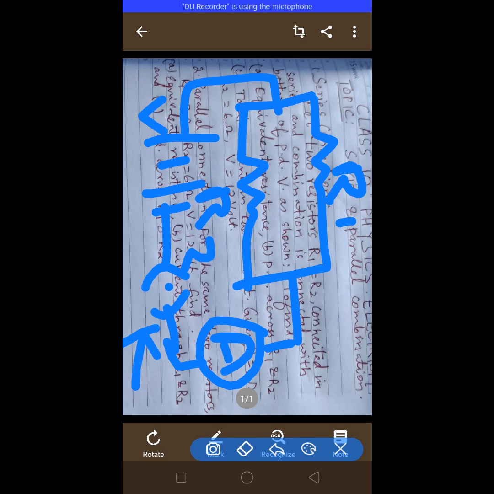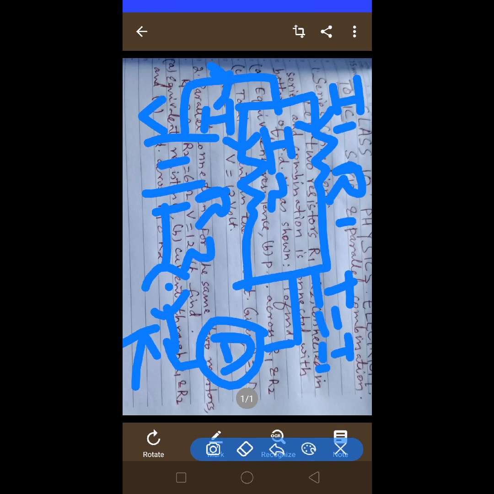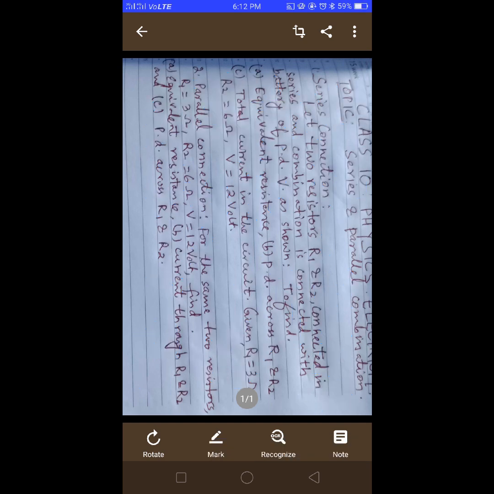For parallel combination, you see here the potential difference across R1 and R2 will be same, but current will be divided. This I will be divided in branch as I1 and I2. Here it is I1 and here it is I2. So I will be divided with I1 and I2. So I will be equal to I1 plus I2. Okay. Now, so you can derive the formula